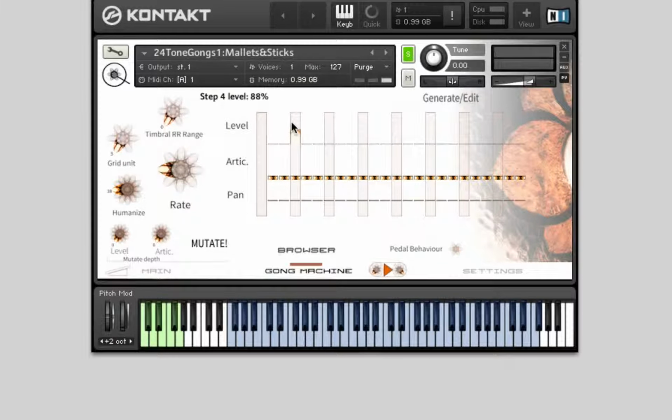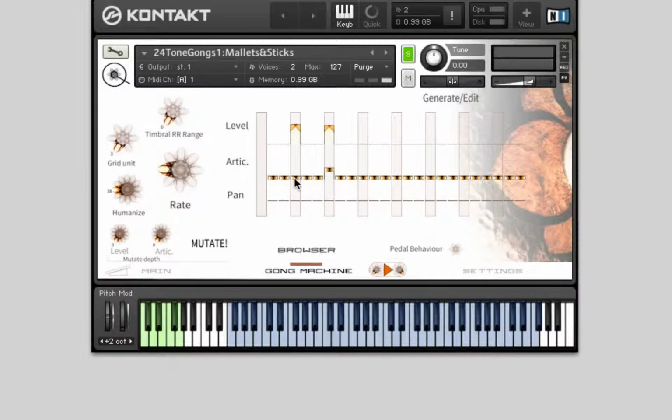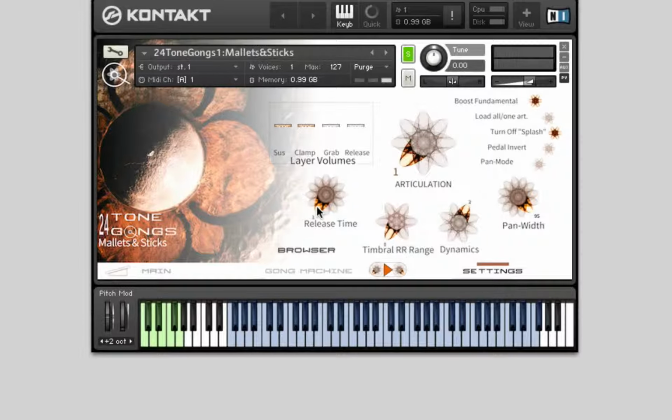When you've set a pattern which has some different sustained articulations, like this is the mallet hit bell and this is the mallet hit off center. So this sounds like this right now, because now the release time of the mallet hit bell, which is the first step of the gong machine, is set to 0. When I pull that up,